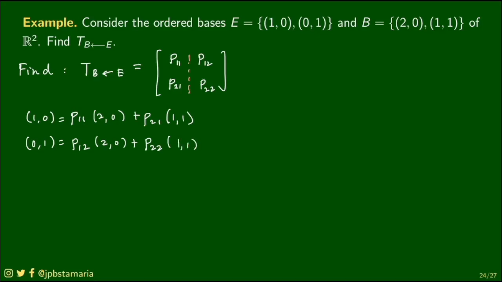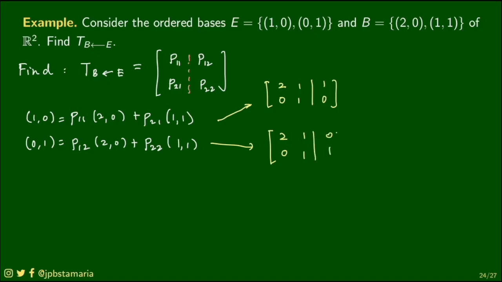But take note that each of these equations reduces to a linear system. The first one reduces to the linear system with rows 2, 1, 1 and 0, 1, 0. How did I know this? Here, this one should be the first column, this one should be the second column, and this one, being the test vector, should be the last column. And the second reduces to the following: 2, 1,